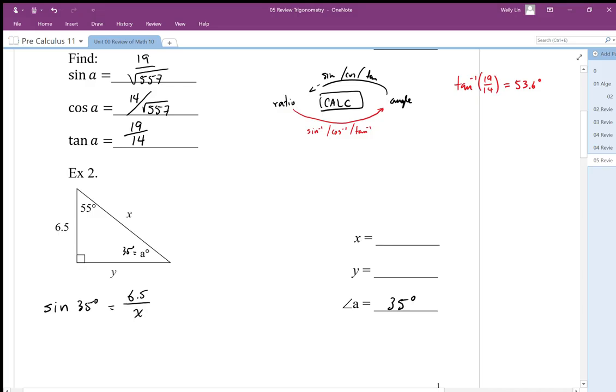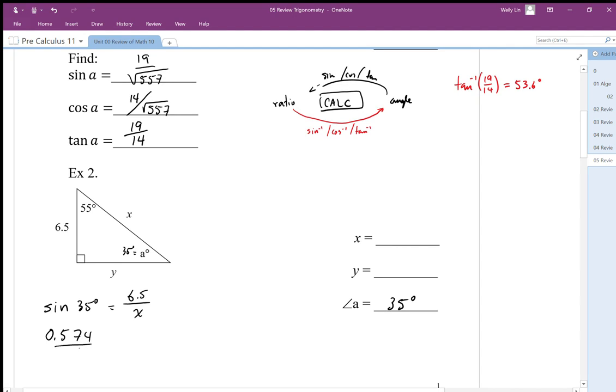And this sine 35 degrees is some decimal ratio. And now I need my calculator, because I don't know what this is. I don't have a picture that shows me the side lengths here. So I need my calculator. My calculator tells me it's 0.573, rounding that to 0.574. So this is equal to